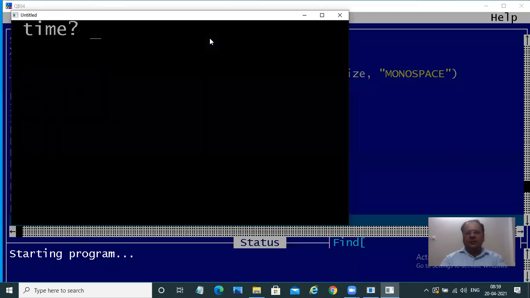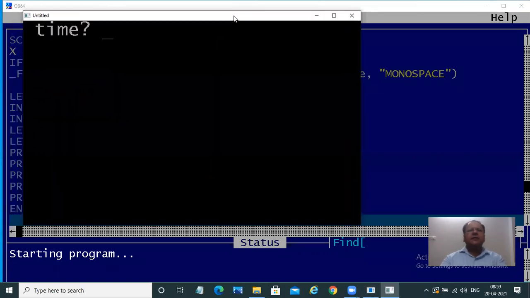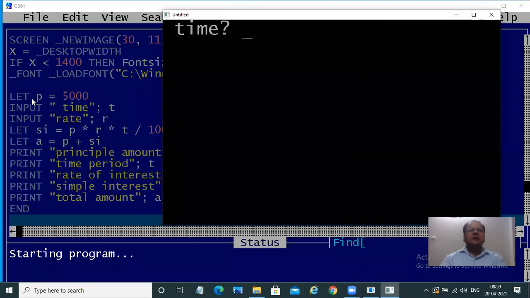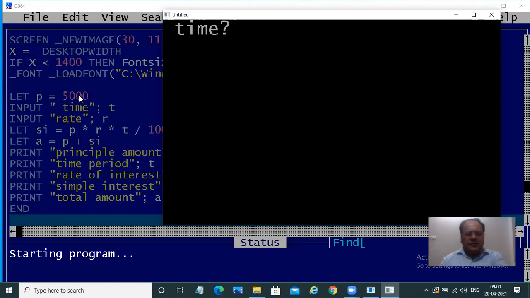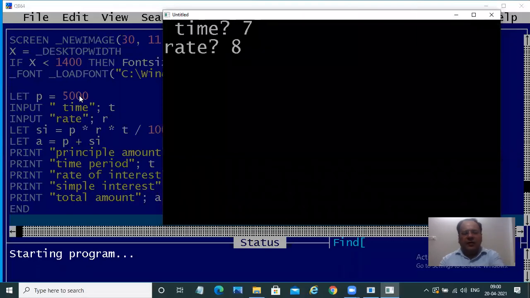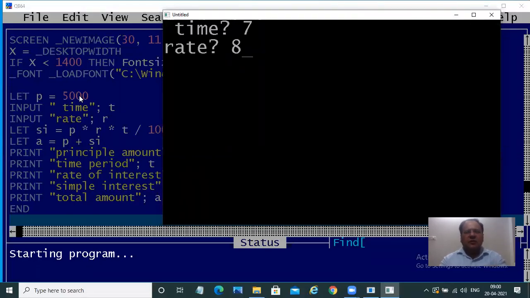It takes a little time to execute. So directly it is asking us for a time. It is not asking for the P because P is already fixed. So we'll give a time period. Let us say 7 years. Let us give the rate of 8%.